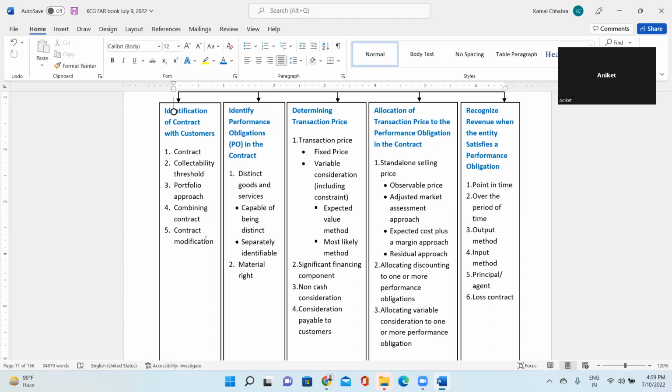But this is what ASC language is, or this is what we normally use in the US. Yes, no problem, I understand. So we need to familiarize ourselves a bit to get ready for the exam, because I know there are a lot of words we use differently in India; in the US they use them differently. Right, sir. So as we are planning to sit for the US exam, most of the examples I'll be discussing will be in dollars, for US companies only, so that you equip yourself with that kind of environment to sit for the exam.